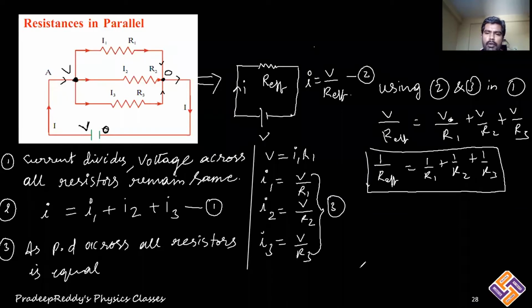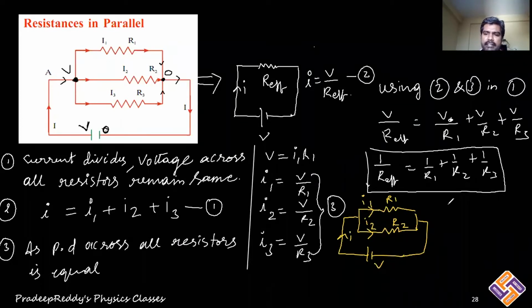And one more important thing, let me take one simple circuit where there are only two resistors and you are connecting this to a battery. Battery potential is V and some current goes here. Let me take it as I1. Some current goes here. Let me take it as I2. Resistance here is R1. Resistance here is R2. Net current will be equal to I. I is equal to I1 plus I2.